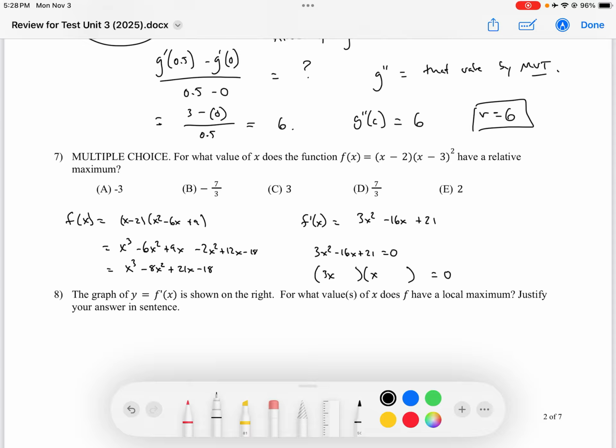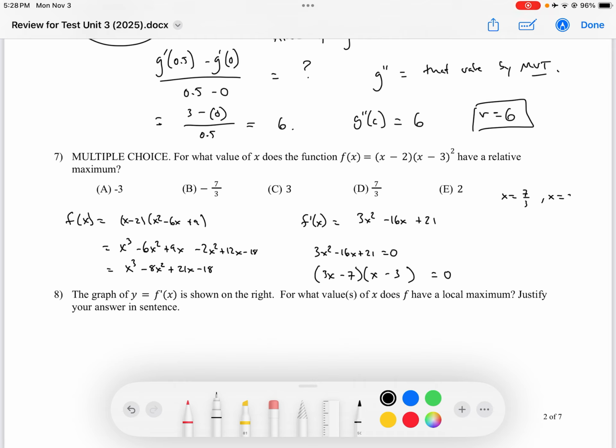Is this going to work? 3x and x. 9 and 7. Okay, I can do maybe minus 3 and minus 7. Negative 9 minus 7. Yeah, that's the correct factorization. So my critical points are x equals 7/3